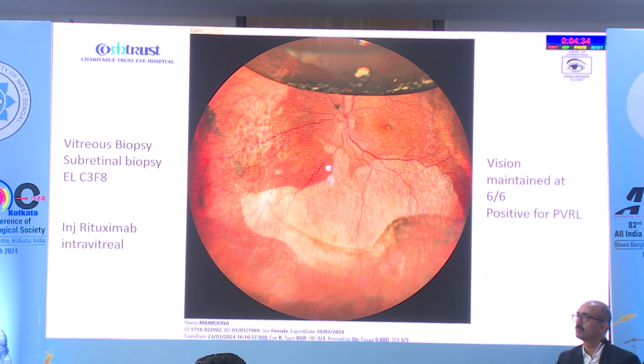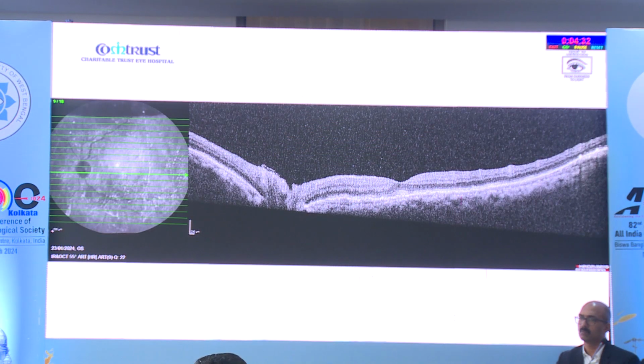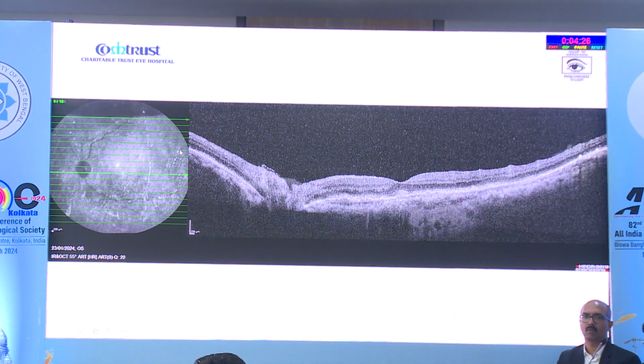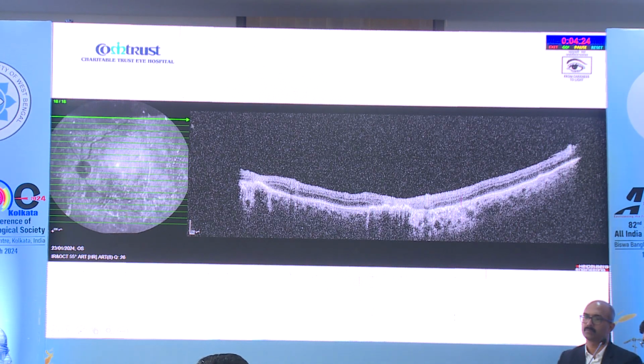This patient was managed with multiple injections of rituximab and methotrexate. This is the OCT which shows the response of the lesion immediately post-injection. And here at the superior area where we initially saw the multiple RPE bumpy areas, you can see that RPE has become flattened now. And you can see my area of retinotomy also, which was made during the surgery for